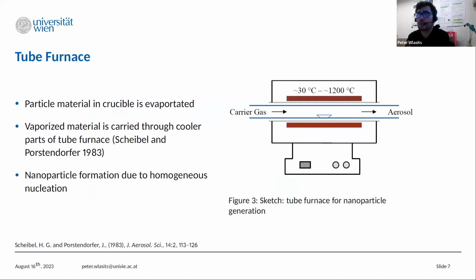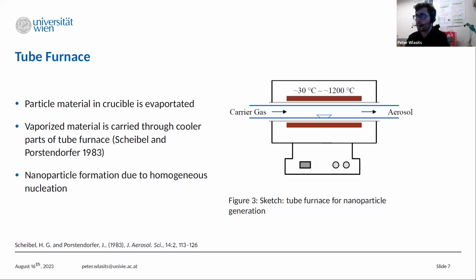So you can see this as a kind of backup detector for now. Yes, that brings me to the tube furnace. Here on the right side, you can see a sketch that I've drawn of a tube furnace. It is actually a pretty simple instrument. It's a tube that has heated walls. The heated walls are depicted here with the red color. And normally there is a ceramic working tube here in gray, and in that ceramic working tube, a quartz glass tube, in our case the blue one, was inserted. And then the particle material is put onto a crucible that looks like a spoon and just inserted into the furnace. The furnace is then heated.